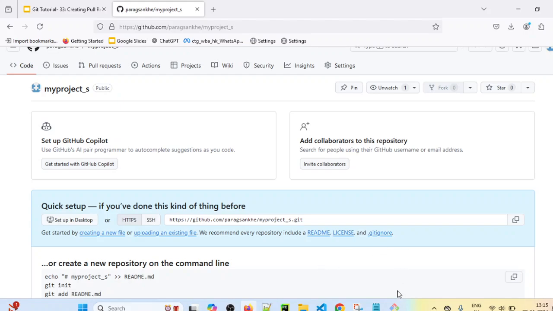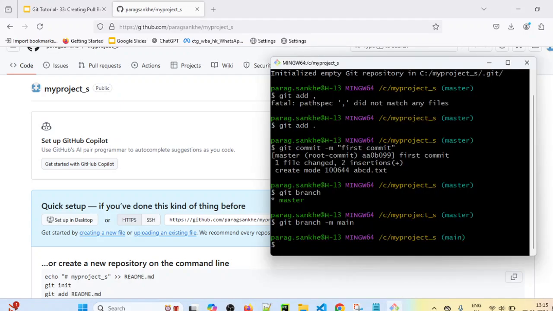Now what we have to do? We want to add a remote for our local repo. So what is the command for that? git remote add origin. We can give any name, but by default we can give origin as well. So git remote add origin, and then we have to provide